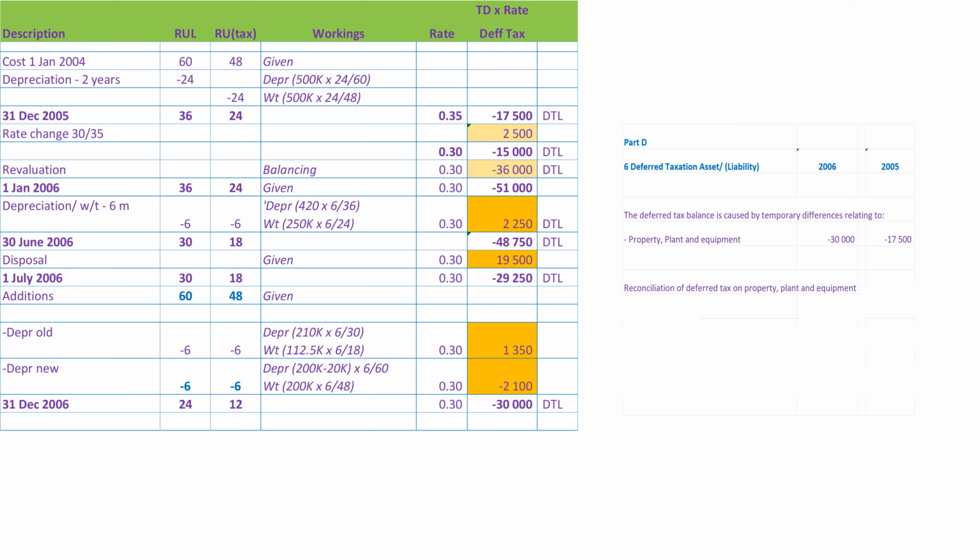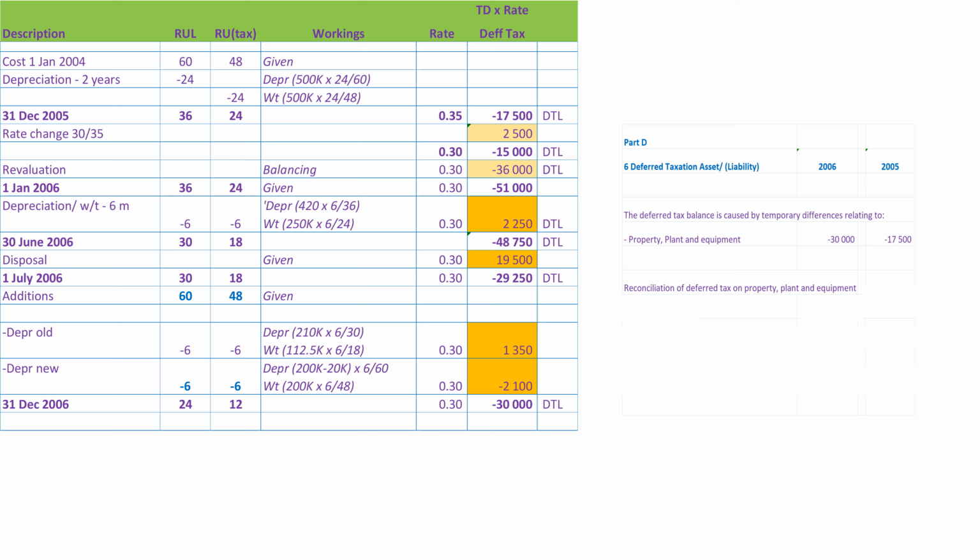The next part is to include a reconciliation of your deferred tax movement on PPE. In order to do this, we go year by year. So we are aware that as at 31 December 05, our balance is 17,500. But what is our opening as at 1 January 05? Since we've evenly accounted for depreciation and wear and tear over the first 24 months of us holding the asset, you can easily presume that from the 17,500,